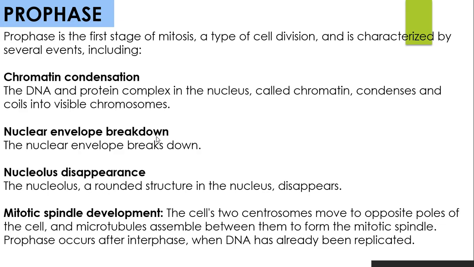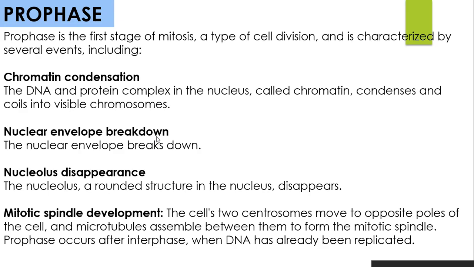So the first thing that happens is chromatin condensation. The DNA protein complex in the nucleus called chromatin condenses and coils into visible chromosomes. Here I am, I'm going to replicate, so I might as well just be visible, right? So this is like an early preparation. The nuclear envelope breakdown, right? So the nuclear envelope breaks down. You're coming out of something, you want to make sure that you're breaking down your envelope. That's what it is. You're declaring yourself that, hey, I'm a chromosome, this is what I'm going to do, so